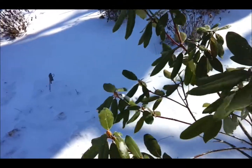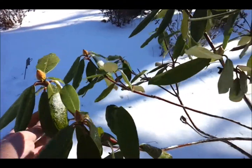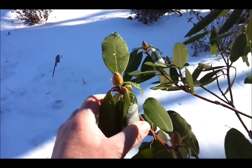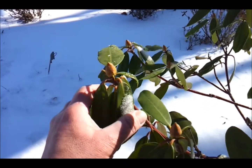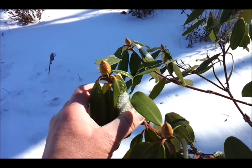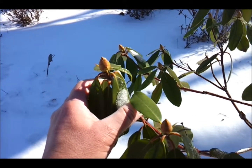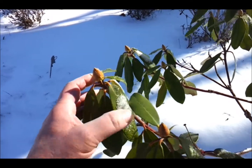You can see these buds are ready to pop. We had a little overnight dusting of rain and snow. Try to slow this guy down a little bit just so you can see how fat this is. I always say it won't be long, but obviously with the weather we had last night, rain and thunderstorms we've had in the past few weeks, and the kind of yo-yo of warmth and just a little bit of cold we've had all winter,